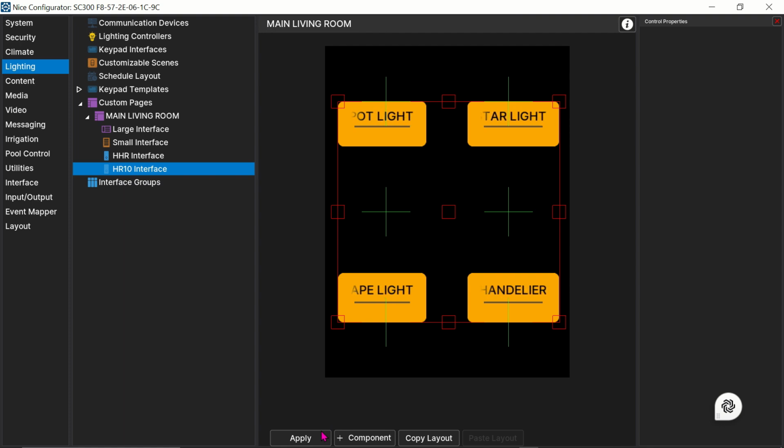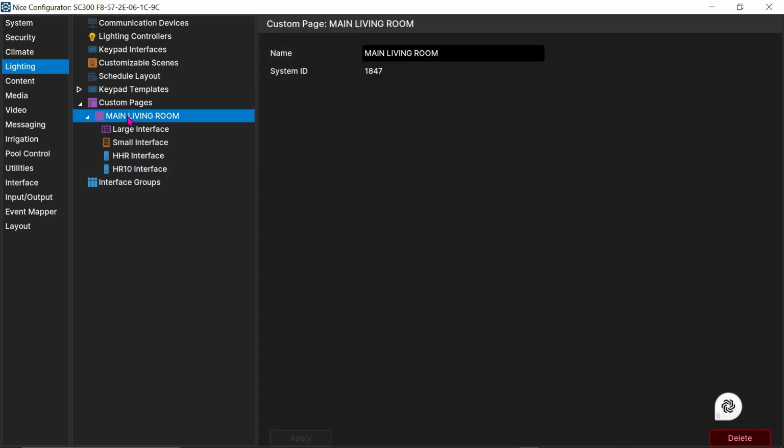And then you click on apply. Now the HR10 is just a single zone HR remote. So you don't necessarily need to create an interface for the HR10 remote. For each room, just pick the particular room the remote is going to be used in,